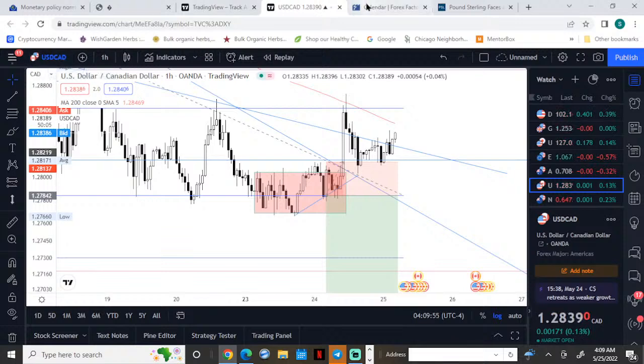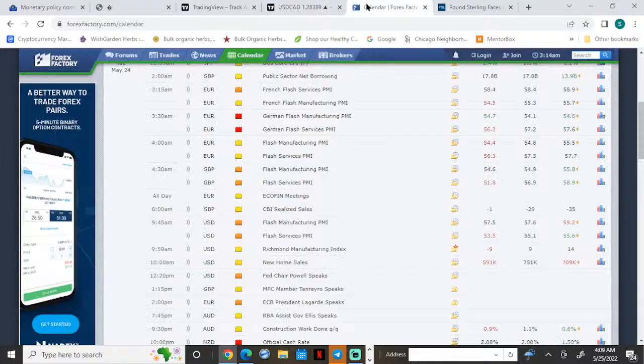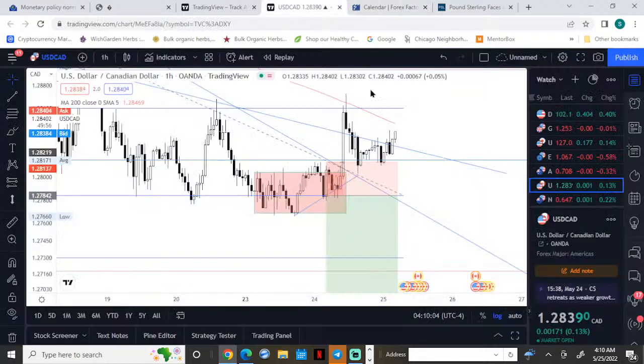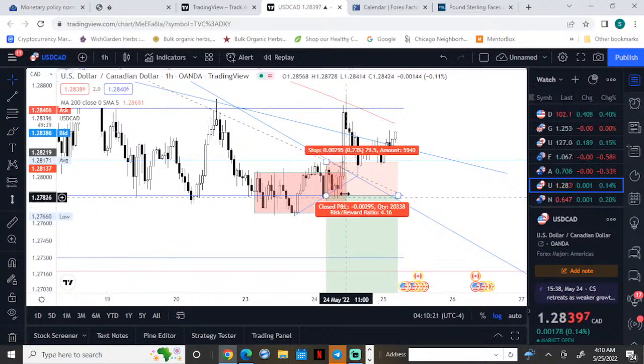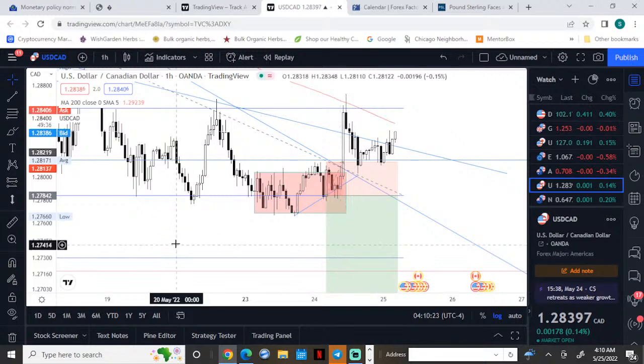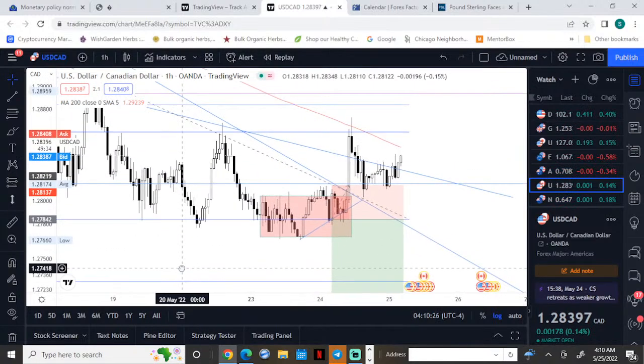And I didn't look. I just looked at the chart. I was like, I'm glad I didn't prematurely get in, and I didn't Google to search what's going on in Canada. So apparently, the Canadian dollar is down. It has to be because the U.S. dollar is up on this. And then I was like, well,